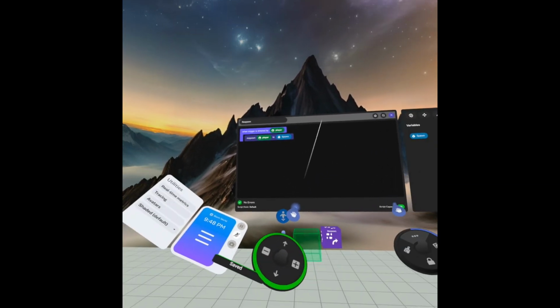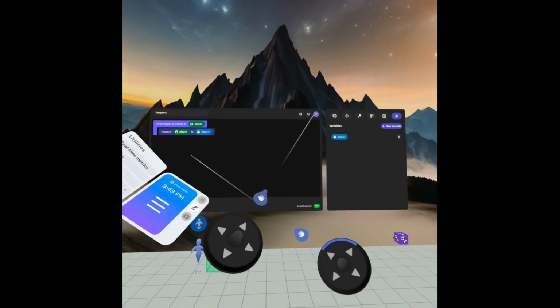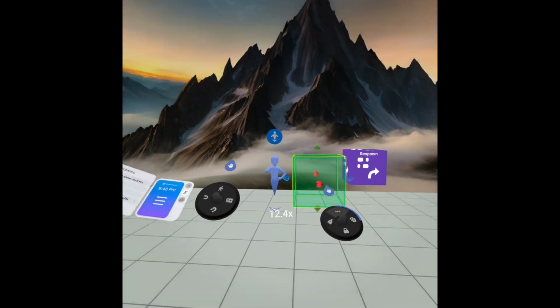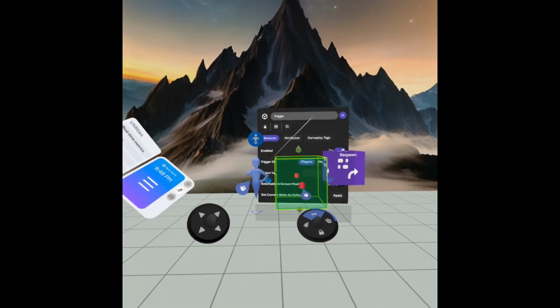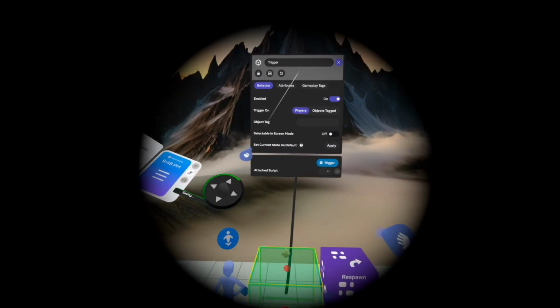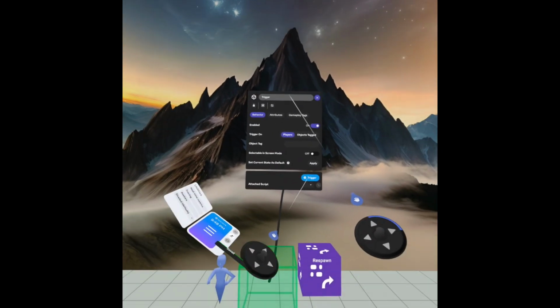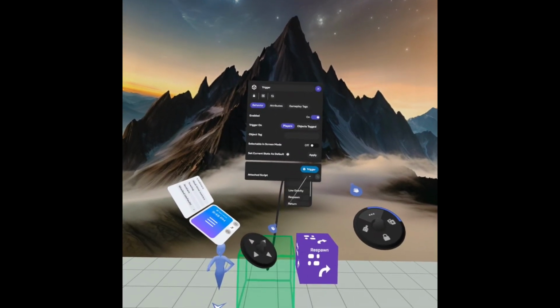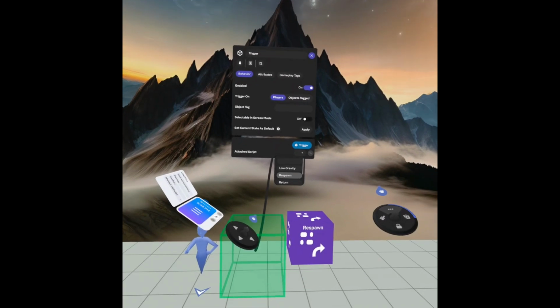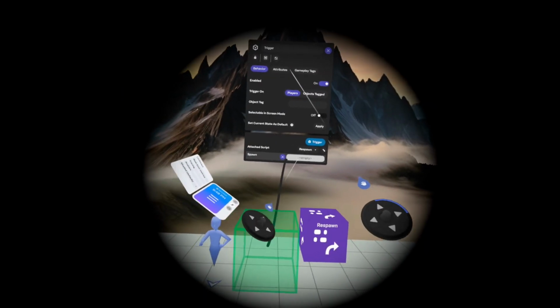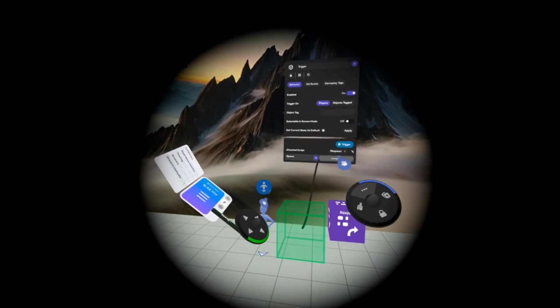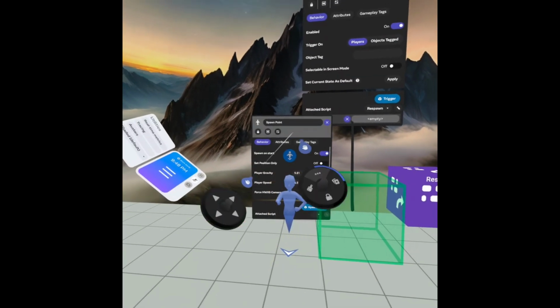Now we've written that script. Super simple script, right, guys? Super simple. Now what we need to do is connect it. So we're going to go ahead and open up the trigger properties because this is going to go on the trigger. And we're going to go into the trigger and attach script. Go down to the script, respawn. And now we have this spawn variable in the properties. All we do now is connect the spawn point